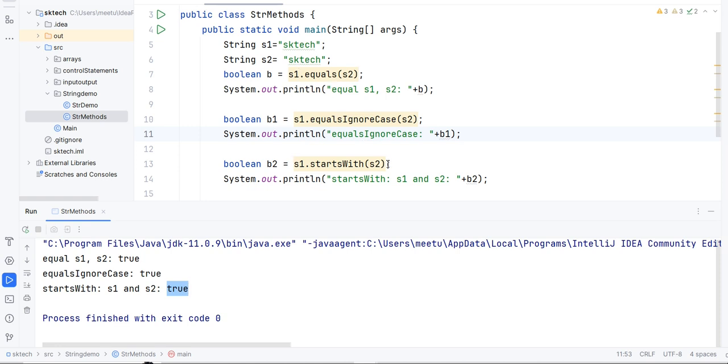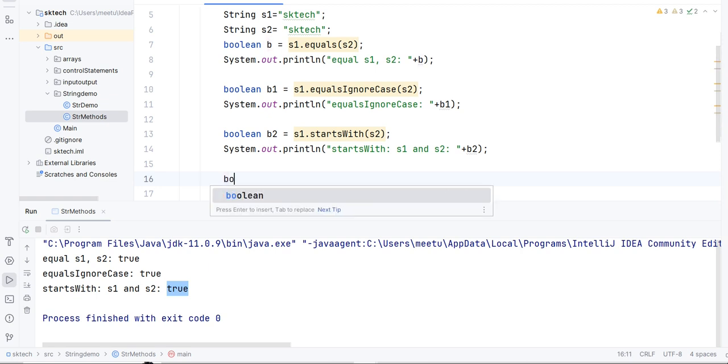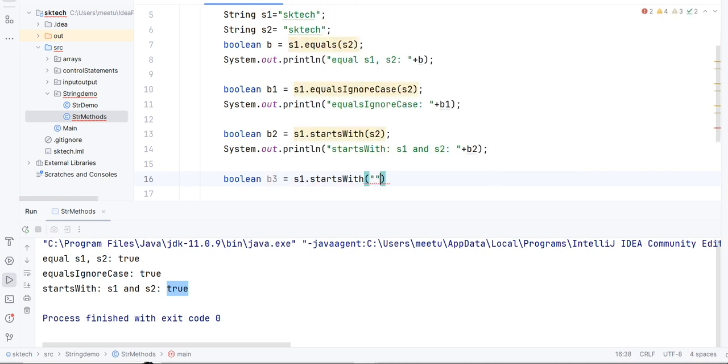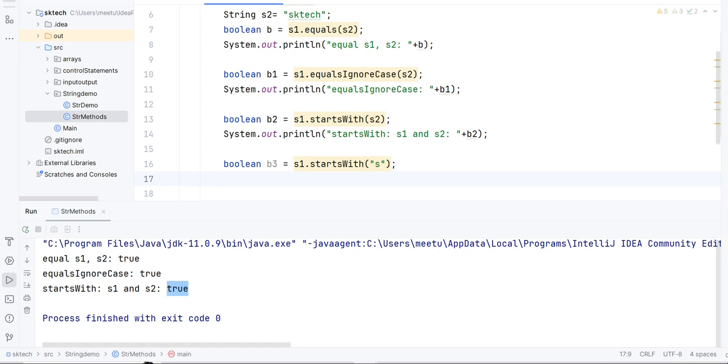So let's say we have used string and string only, right? We can also use something like this in a real-time scenario. Let's say b1 = s1.startsWith, where we want to check whether s1 starts with s or not, and then let's print this again.